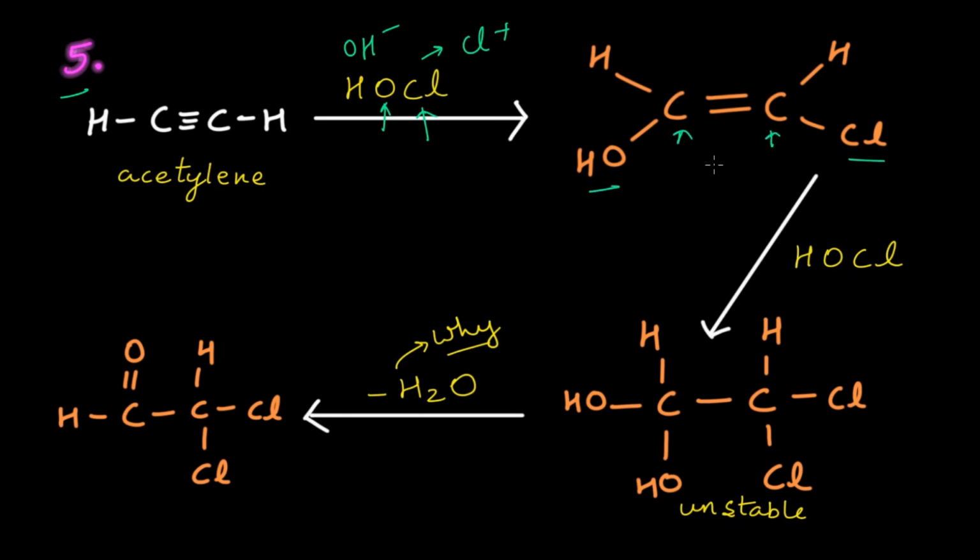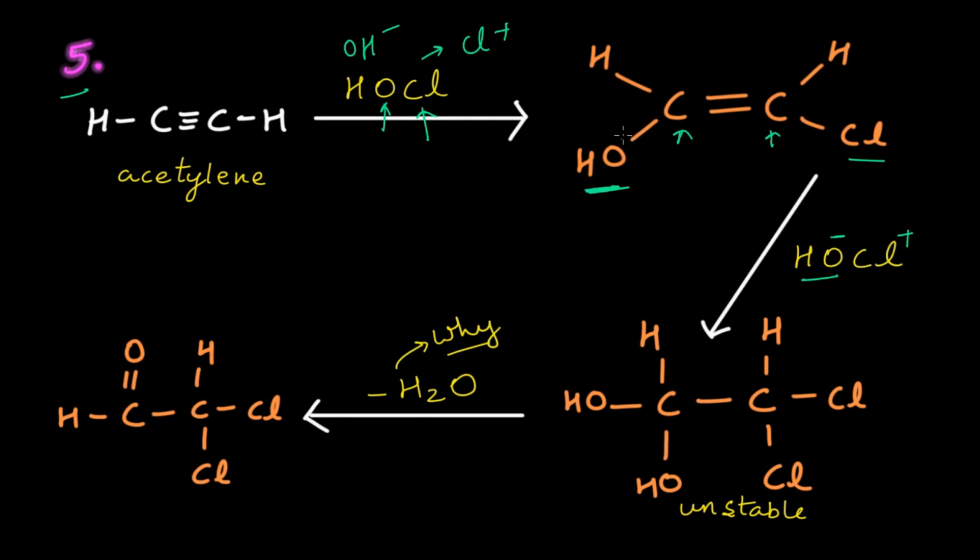Now this molecule, you cannot say that it is unsymmetrical because in both the cases number of hydrogen is same. So how are you going to apply Markovnikov rule? You can't apply the Markovnikov rule according to the definition. So what you are going to do is take a different approach. In our case, OH has a negative charge and chlorine has a positive charge. Oxygen is attached to this carbon.